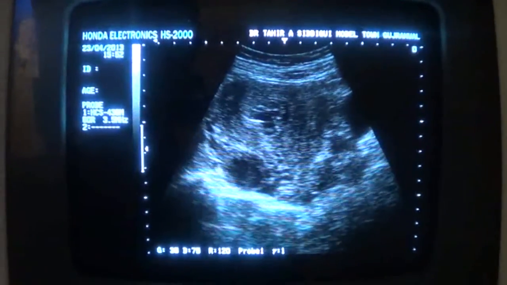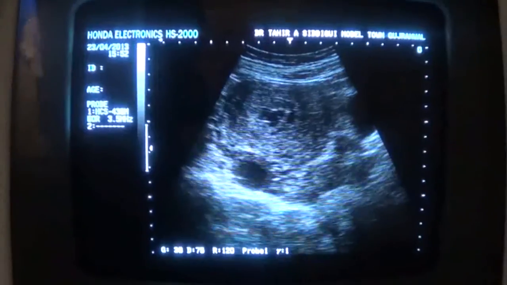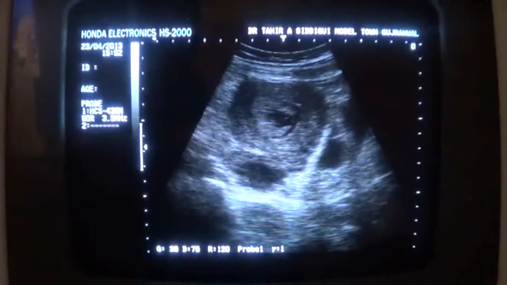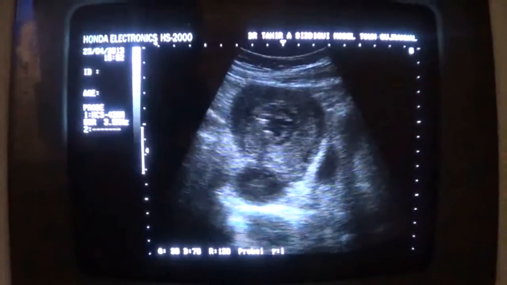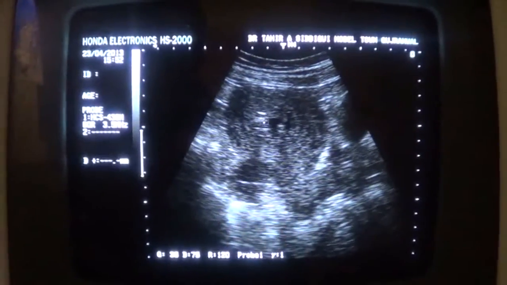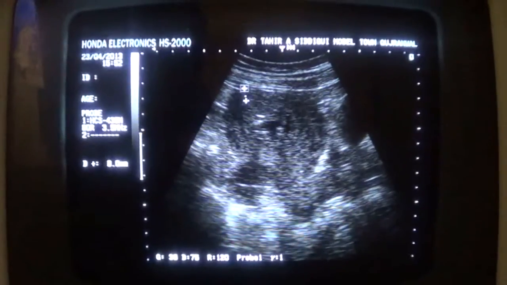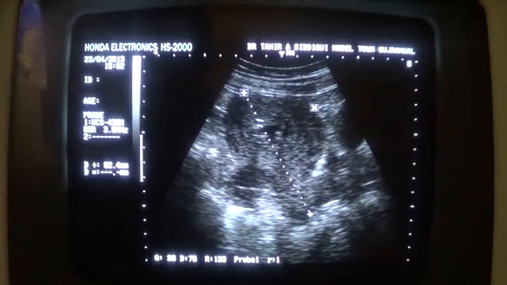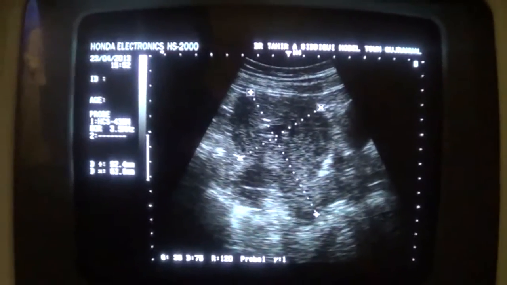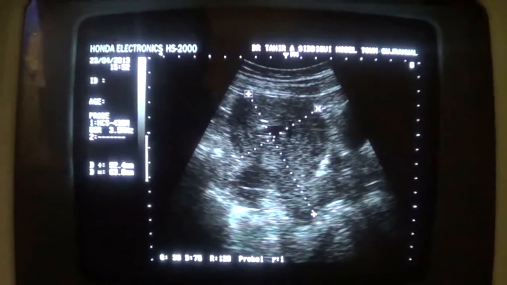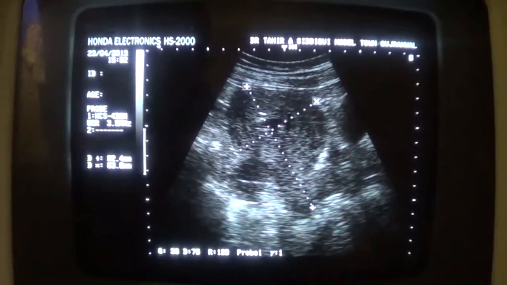This is an obstetric ultrasound of a case of induced abortion. As you can see, this is the uterus in longitudinal section, measuring 9.2 centimeters by 6.3 centimeters. So it's enlarged in anterior-posterior diameter, which should not exceed 5